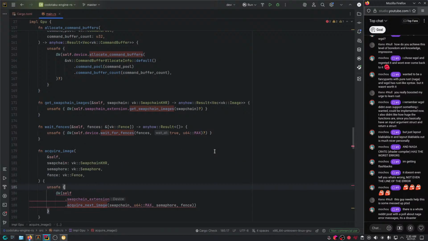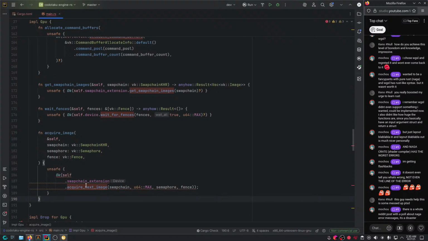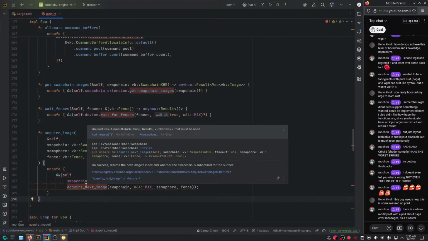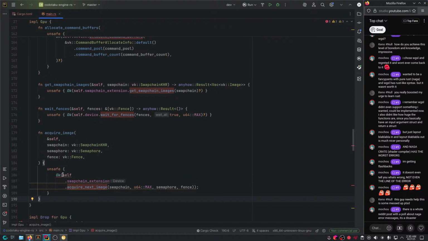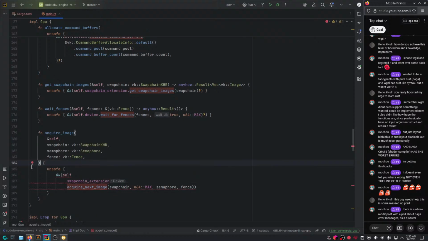Either way, let's see what we got here. Expected that. Okay, fine. Add expect. Oh, maybe I then... wait. I think I need to return a result, right? Well, actually, what does this return though? Wait. It returns u32 and bool.